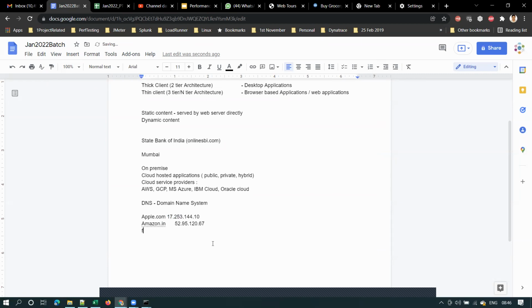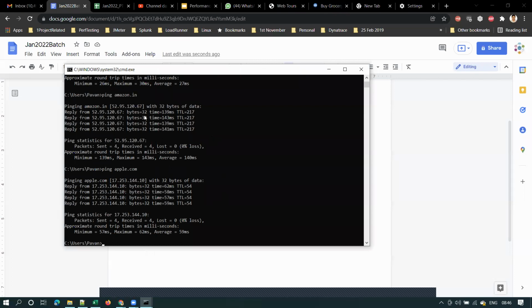Is it understood, guys? Is there any difference between IP address and DNS address? Difference between IP address and DNS address.